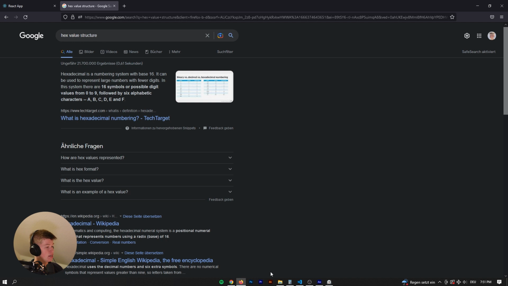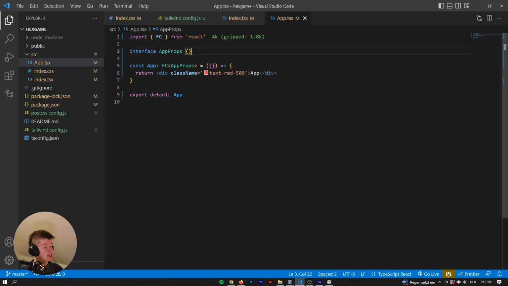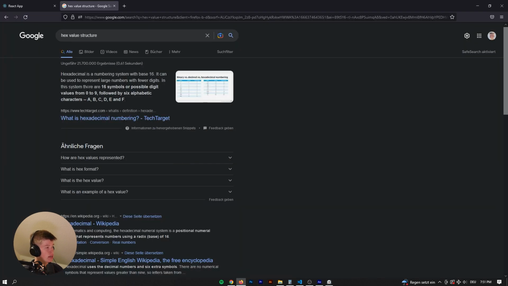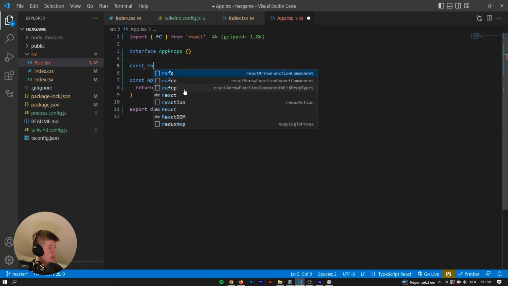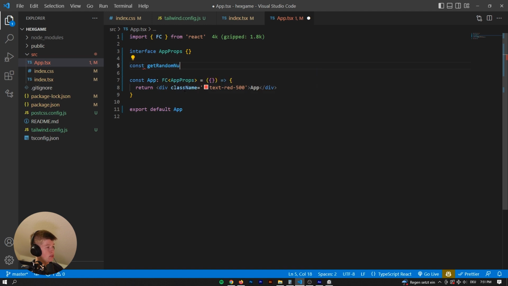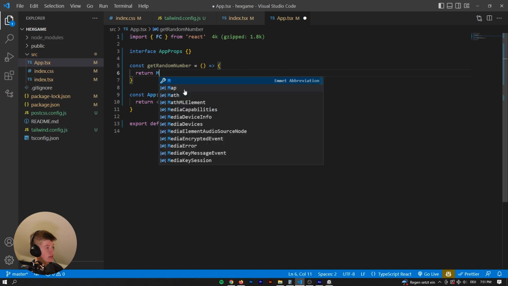from 0 to 9. Okay, so let's break this up into small functions that each do their part. So the first thing we want, right, is a random number between 0 and 9. Now that should be quite easy. Let's call it get random number. And that is gonna return a